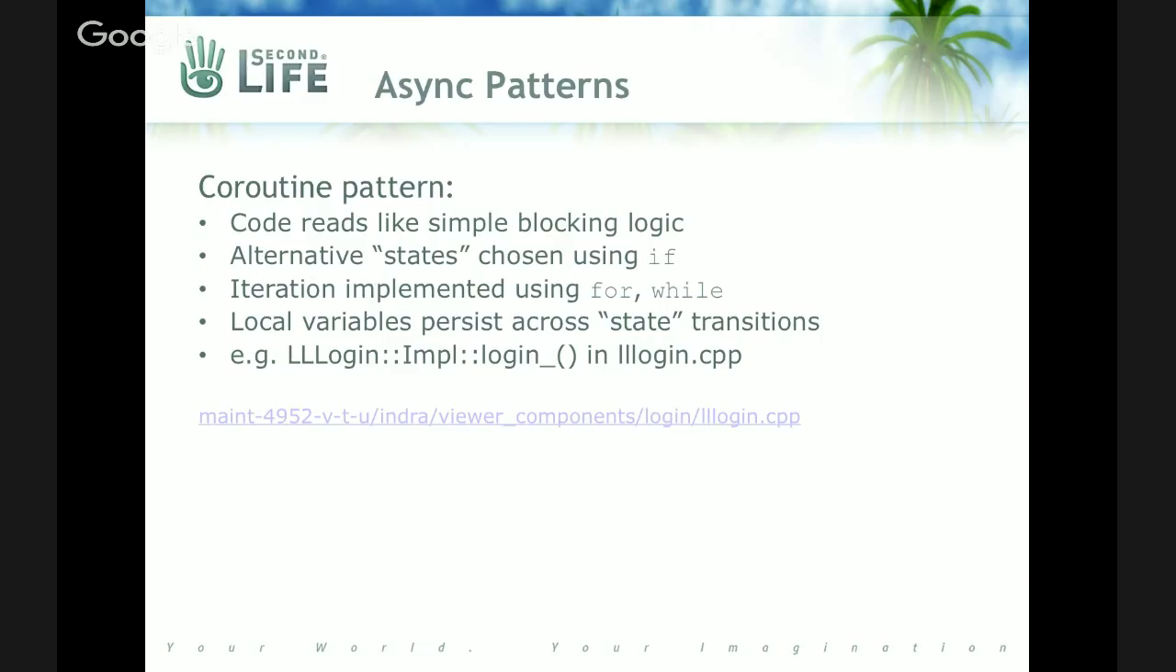It reads like sequential logic. You can use the ordinary C++ keywords to mediate control flow. And so if you want alternatives, you write an if. If you want looping, you use for, while, or do. You can use local variables. They just work. So if you look at the login underscore method in llogin.cpp,